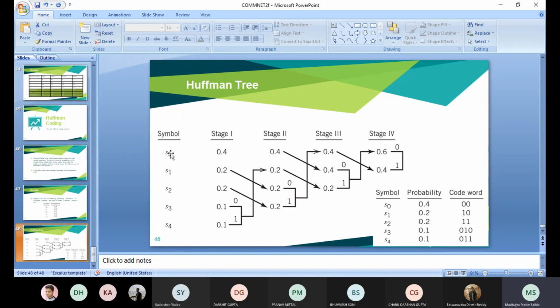So S0, which has the highest probability, at 0.4, we will write it at the topmost, and the S4, which has the lowest probability of 0.1, we will write it at the bottommost level. So what will we do for the